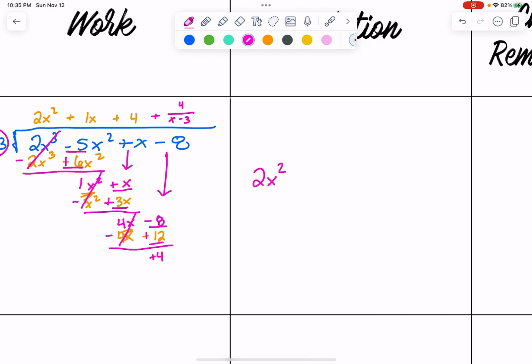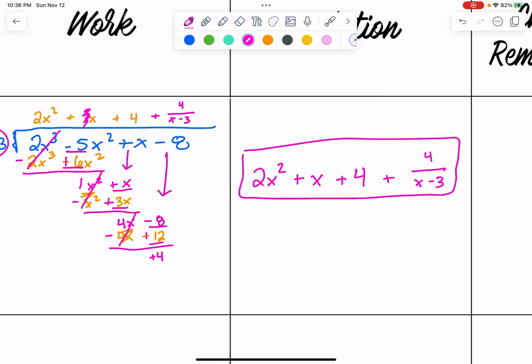2x squared plus, I'm not going to put this 1 in here, I'm just going to call it x, plus 4 plus, and this is my remainder part, 4 over x minus 3. Okay, there it is. Okay, now,